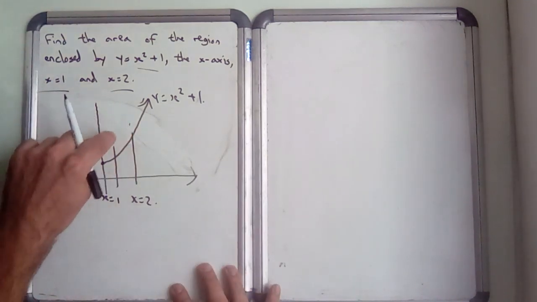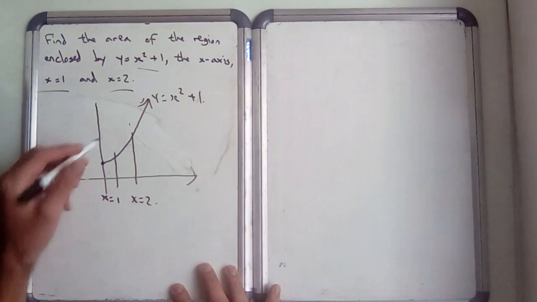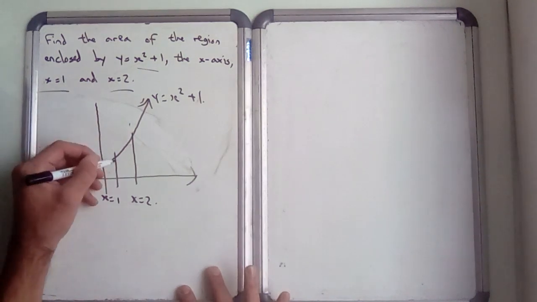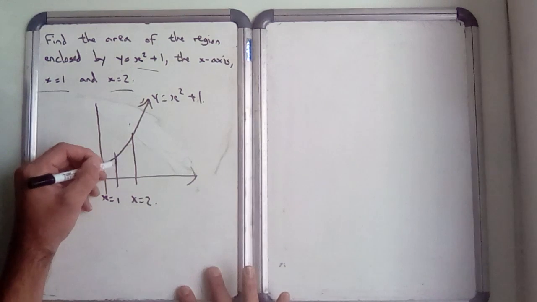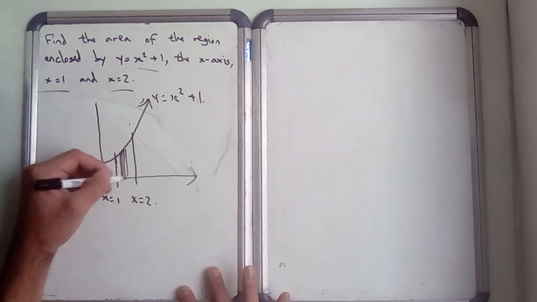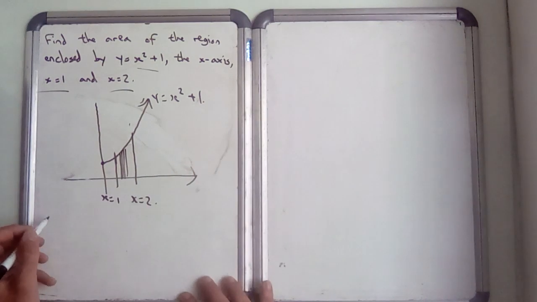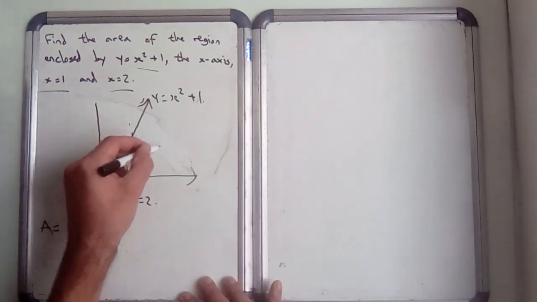If we want an exact area, what we're going to do is use integration. So remember what a definite integral does. If your function is positive all the way, if we just evaluate the definite integral simply, it will calculate this exact area. So it's effectively adding up all of these minuscule rectangles like this and like this and like this, and it ends up being the area under the curve, provided that this function is positive and continuous throughout this interval, and it is. So area, we'll call this the area,